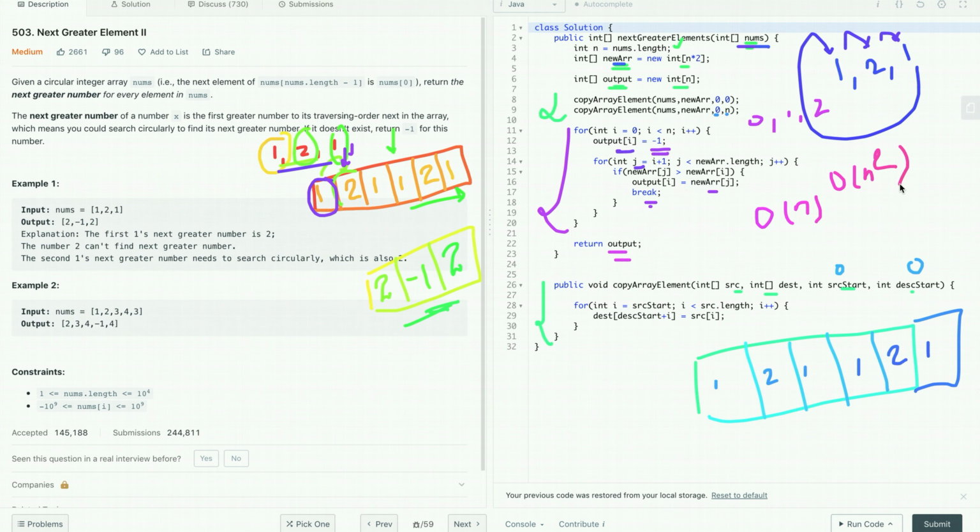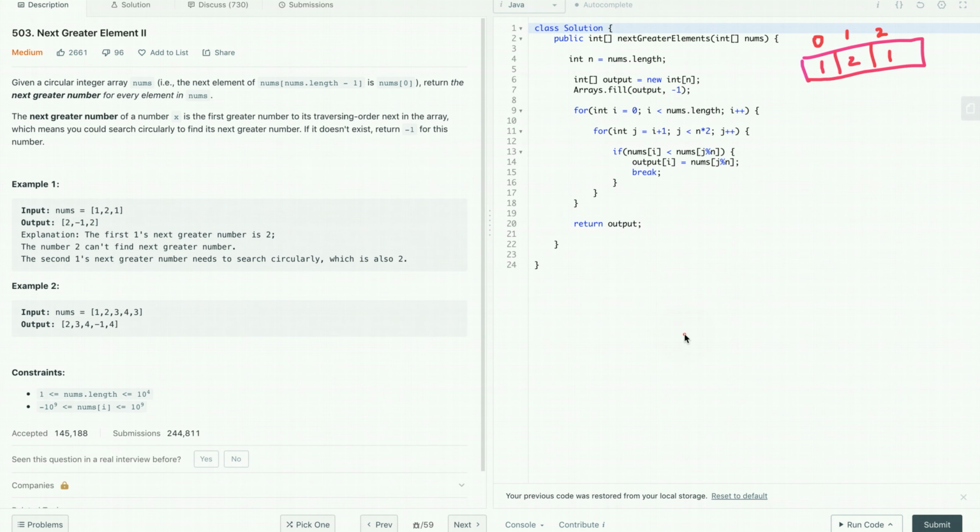Now let's see how we can improve this solution. In our previous approach, we declared an additional array and copied the array twice. Basically, we don't have to use the additional array. We can solve this problem without using an additional array. And how can we do it? Let's say